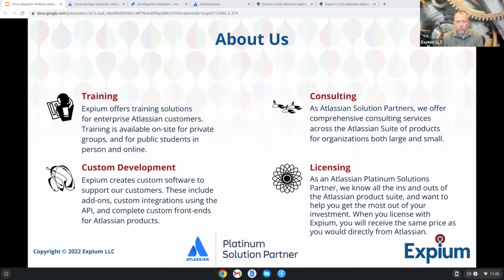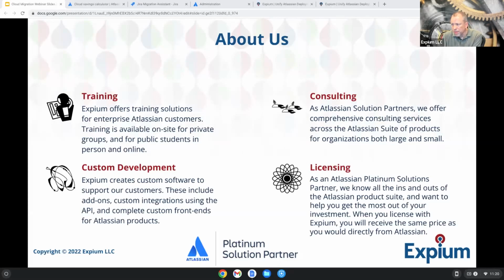And that platinum partner level is the highest partner level that is available with Atlassian. And so what that means is that Expium brings a lot of expertise to the table, and we bring the experience of a group of consultants rather than just a smaller